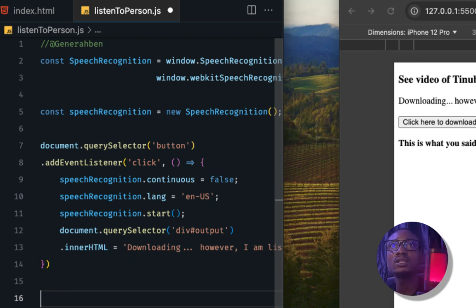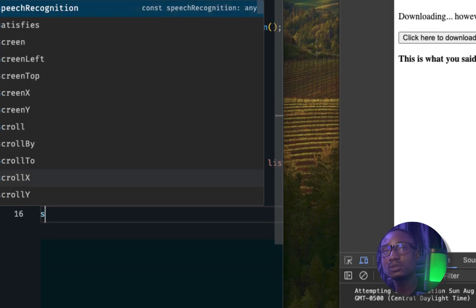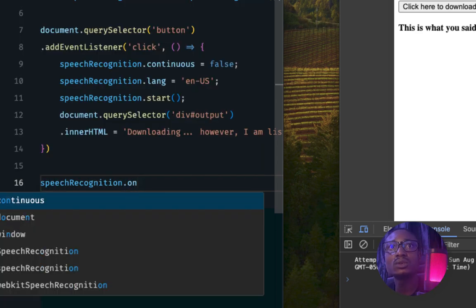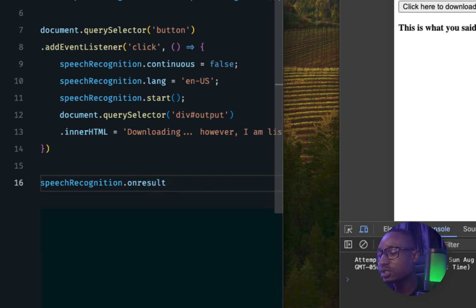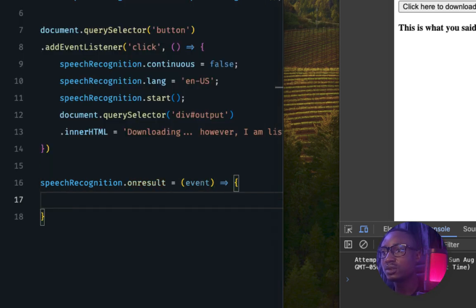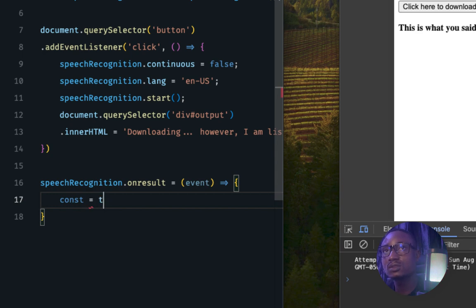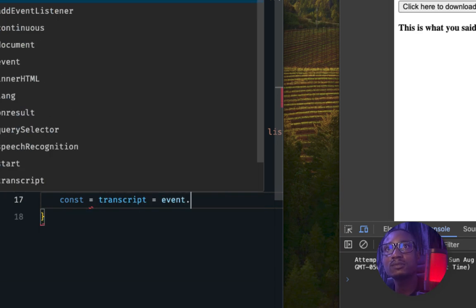There is one more thing I need to do. So I'll take the speechRecognition.onresult. So when the speech recognition engine receives any voice prompts from the user, the speech recognition engine will then take the transcripts, takes whatever the user says,